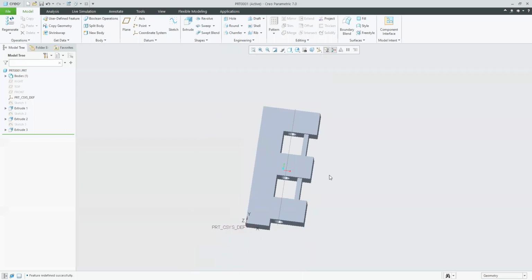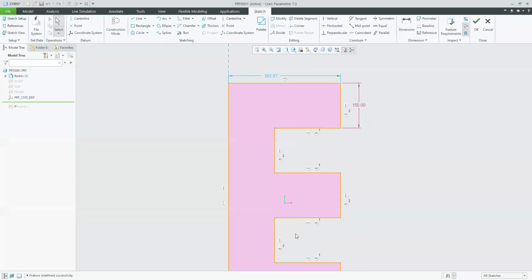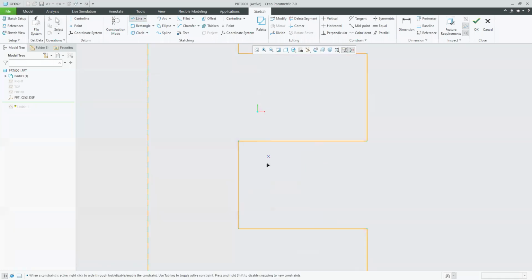Okay, now let me try to edit this sketch, edit definition. I want to add one more surface over here. Let's try to add this surface.